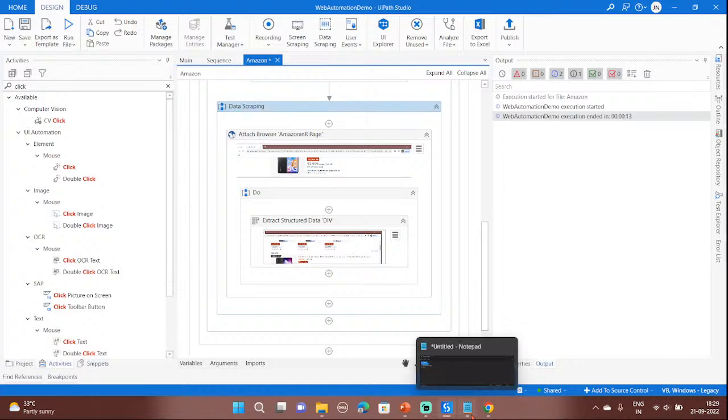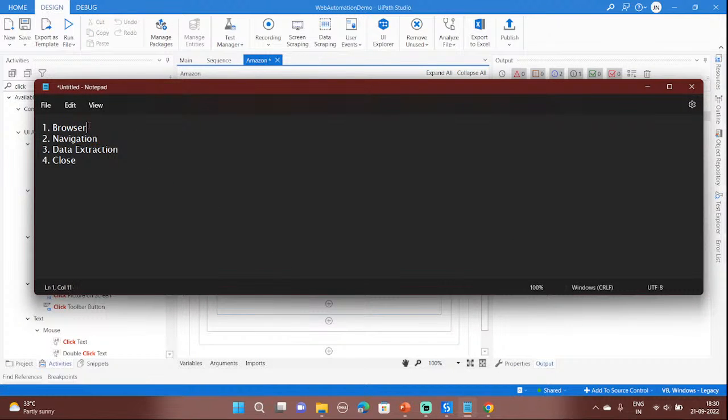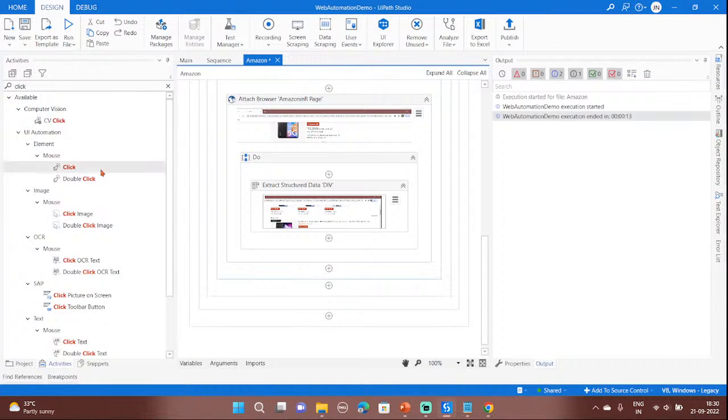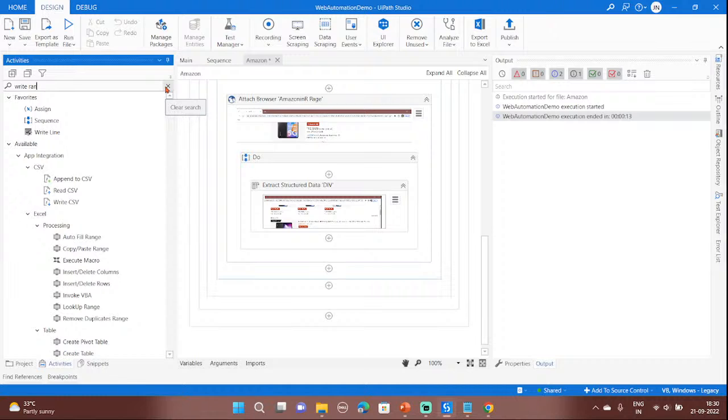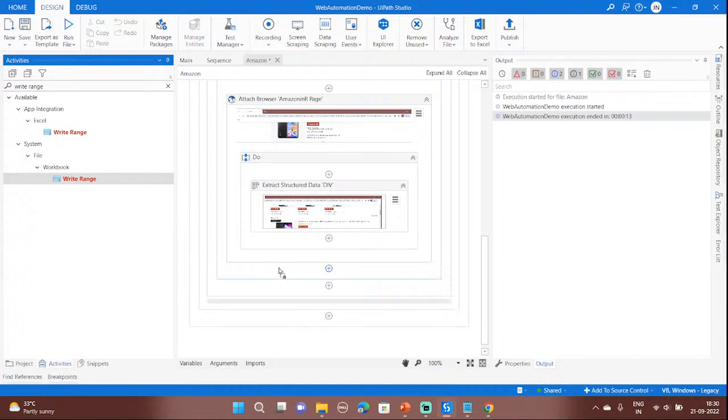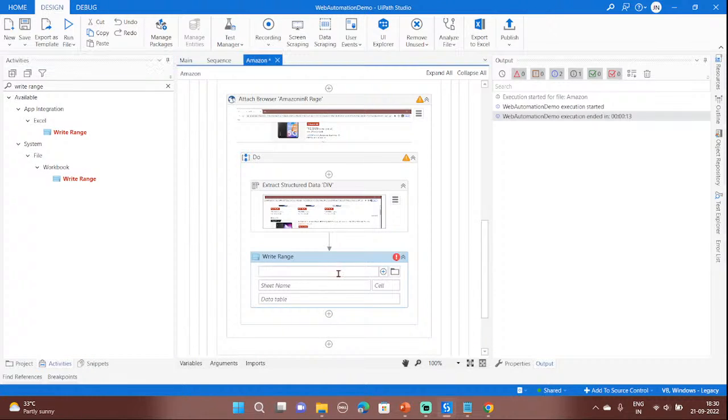Now we have completed the browser configuration, the navigation part, and the data extraction part. Now we are going to configure the Excel part. For that, you have to use the write range activity to populate this information into an Excel sheet. Let's say, for example, within double quotes you pass Amazon data dot xlsx, you have to pass the extension, and the sheet name, something like data, and you have to